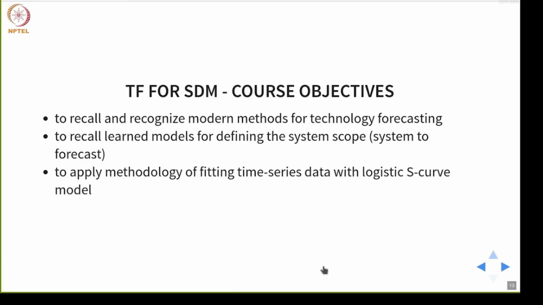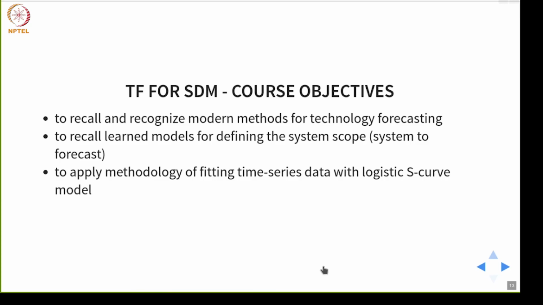And lastly, for me personally, a very exciting methodology is to fit time series data with the logistic S-curve model. Why is it exciting for me? Because it reflects nature in several ways. With our long discussions and from the past, I know how useful it is for looking at systems like this in a time series. Given time series data, how can I look at it? To me, this is the most exciting part.